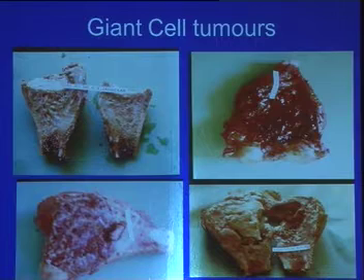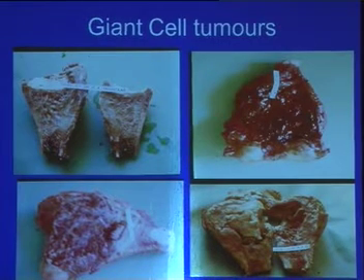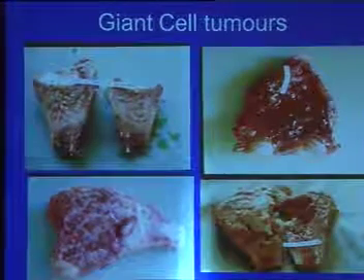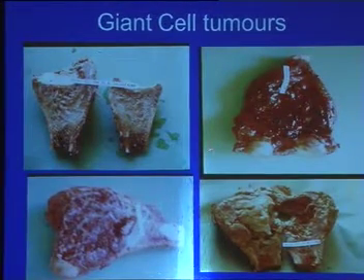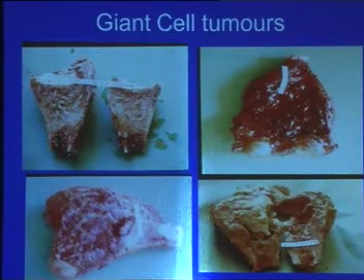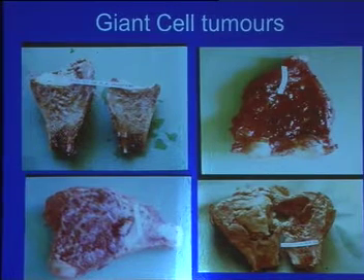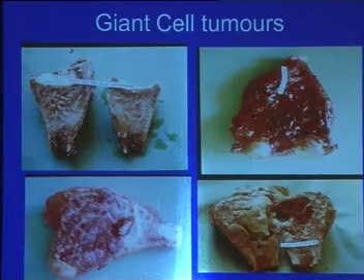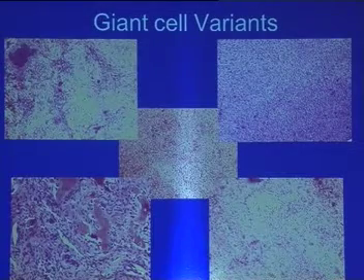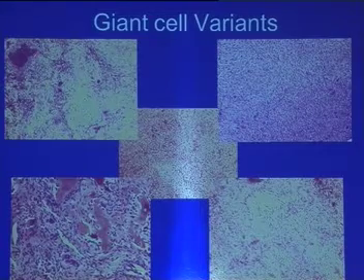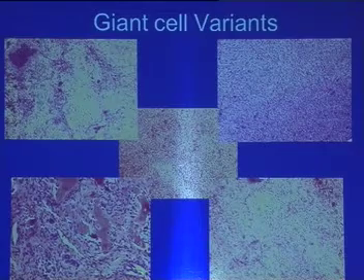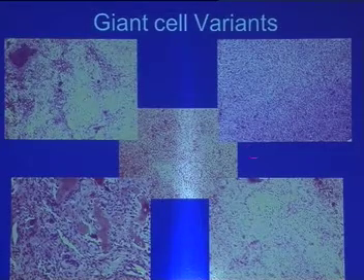giant cells have a life, that's what I feel. In their active growth phase, they are much more cellular, but over a period of time, they can undergo various changes. They can undergo cystic change, hemorrhage, necrosis. Then the necrotic areas are filled up with fatty cells, histiocytes, and it leads to difficulty in diagnosis for a pathologist. And here you see that there are some giant cells here, but here they're almost nil and it's fibrous. And in these different pictures, you see the different appearances of a giant cell tumor.